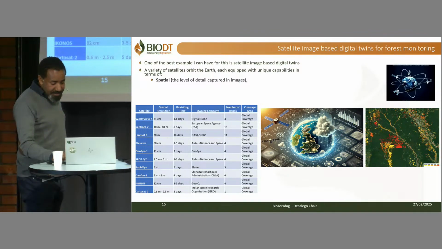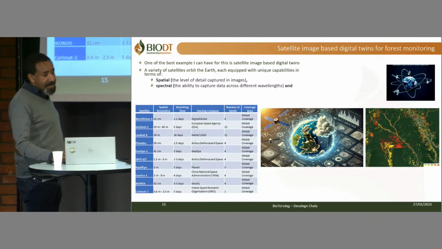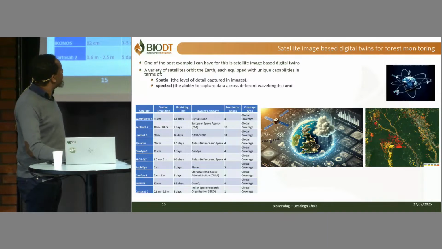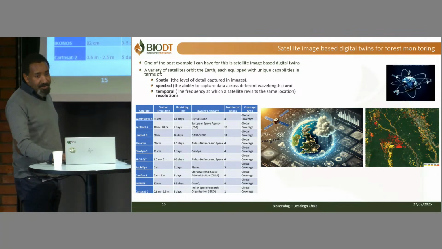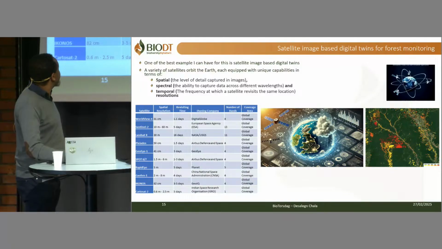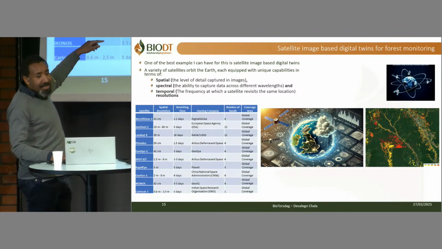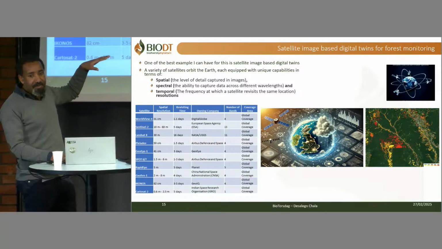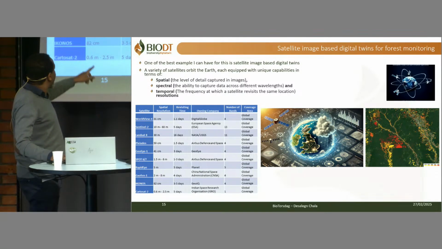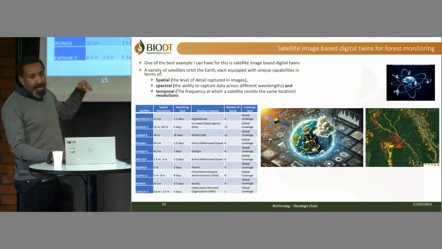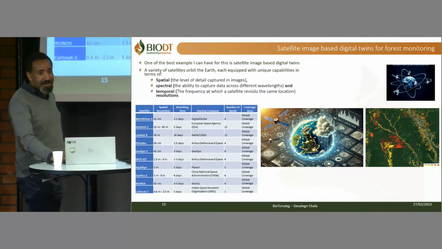And again, these satellites also have different types of spectral information. The spectral information is the wavelengths they are covering. They also have different temporal resolutions. The temporal resolution is the revisiting time. Some of the satellites are revisiting every surface on the Earth almost daily. That means we are getting an image of every surface on the Earth each day, and others have a revisiting time of about 5 days and so on.